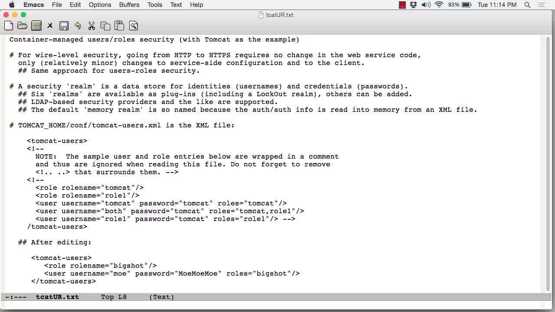Some of these are quite sophisticated. There's a realm that would support, for example, an LDAP-based security provider, some sort of proprietary single sign-on provider. There's a lockout realm that guards against so-called dictionary attacks, where somebody tries repeatedly to guess a password. So these realms are hardly toys. They're production-grade realms, and they include a relatively easy-to-use one called the memory realm,